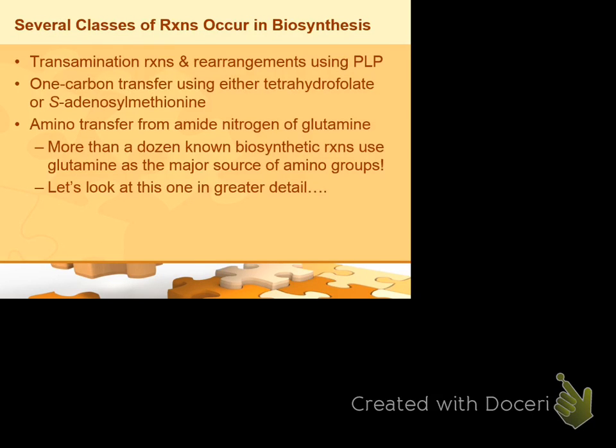Okay. So at this time, I think I'll end here because this is when we're going to start talking about using SAM and tetrahydrofolate and things like that. And so that, and since the next class is